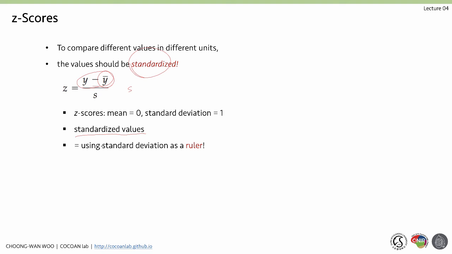This means that we are using standard deviation as a ruler. Ruler means just one unit, and that is actually the standard deviation, SD or S. So one standard deviation is basically 1 in this standardized world. In Z-scoring, there are two elements. One is shifting and the other is scaling. I'm going to explain what they are